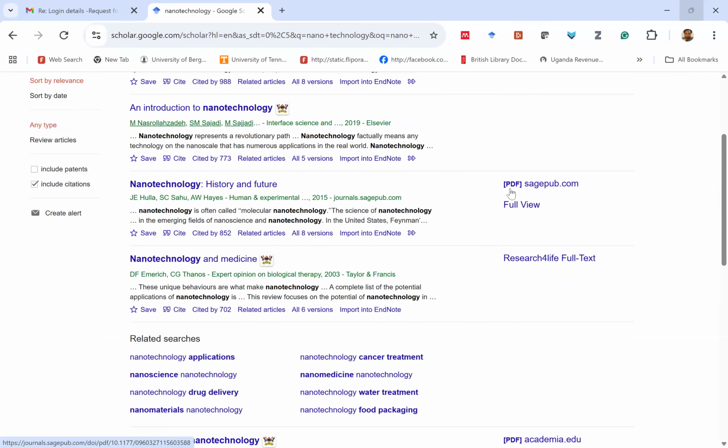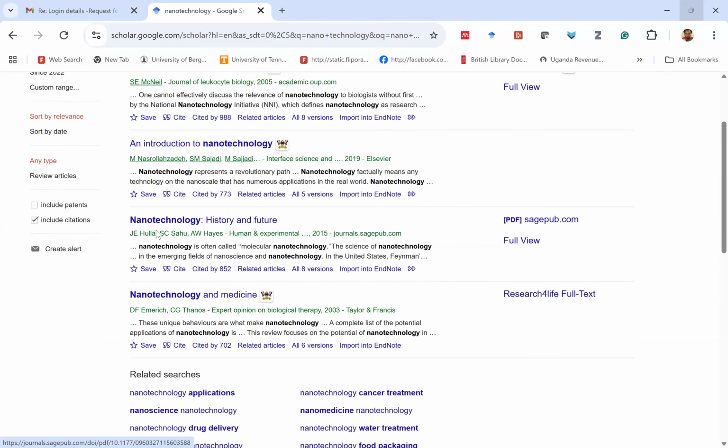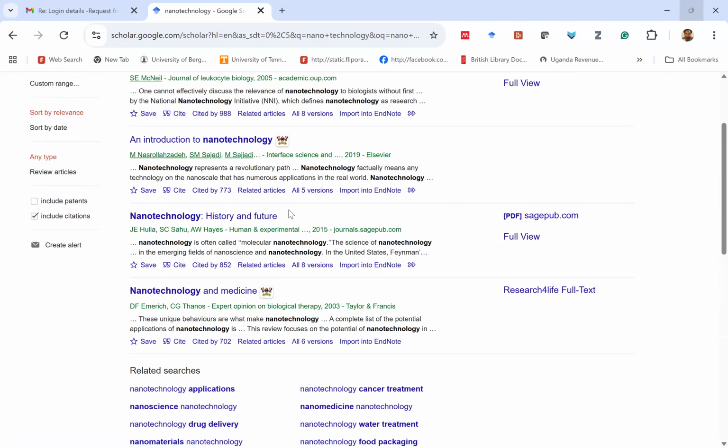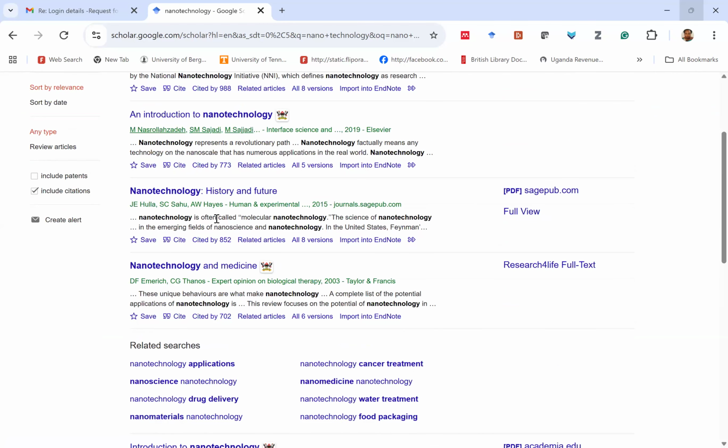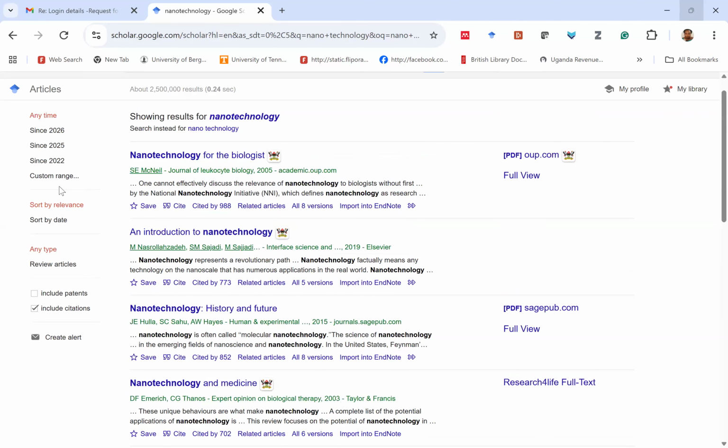Remember to search in Summon. So for example, this article, Nanotechnology, History and Future, that is of 2015. It is really old. For ICT, I don't think this will be relevant to you. Let us filter. Remember the filtering option, custom range, 2020 to 2025.